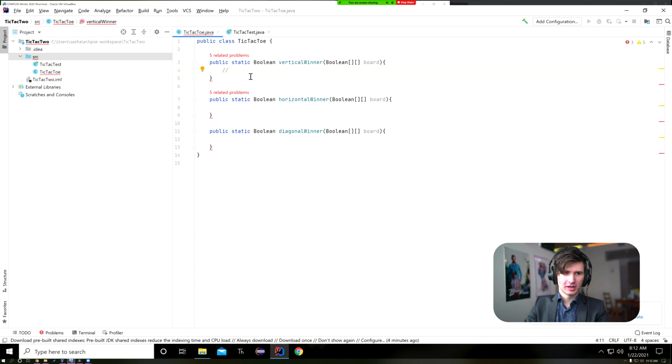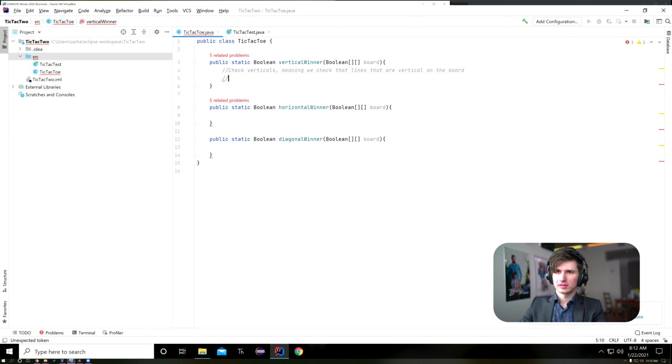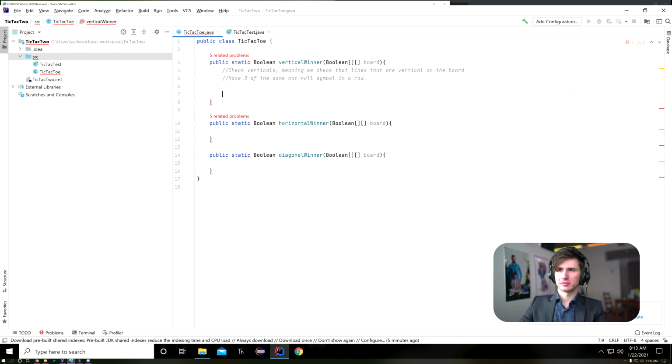So for vertical winner, we want to check verticals, meaning we check that lines that are vertical on the board have 3 of the same not null symbol in a row. That's what we want. We want it to be 3 of a same not null symbol in a row. So I'll leave vertical winner to you guys to think about, and to think about writing, while I write horizontal